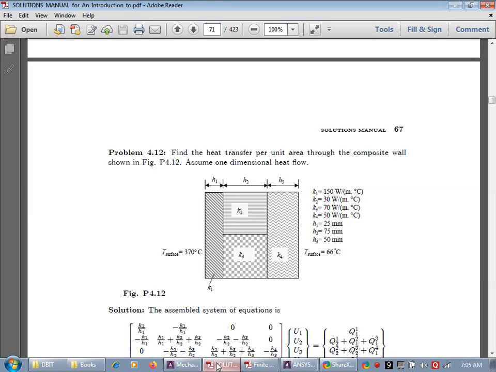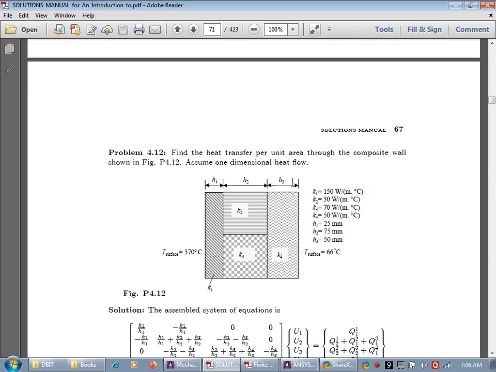Okay, we will solve this one-dimensional heat problem where heat transfer through walls is considered. We have these four walls with their specified conductivities given in watt per meter per degree Celsius, and their widths are given, which are H1, H2, H3, and we have been provided with the surface temperatures on the left hand side and the extreme right hand side. Now we need to identify the temperature distribution inside this wall.